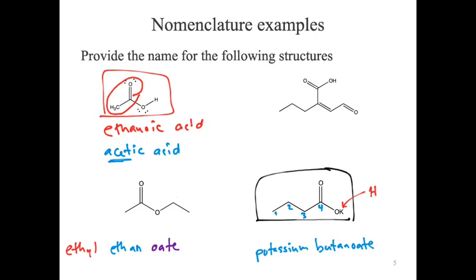Last one. 1, 2, 3, 4, 5 carbons as opposed to 3, 4. So it must be a root of 5, right? It's 4. Why is it a root of 4? Because you have your functional groups in that chain. Your higher priority functional groups go to the 4 side. So we're going to get a but- for our root. We do have an alkene in there, so we're going to get a butene. Where does the alkene show up? Position 2. It actually didn't matter which way we numbered it. So butene,